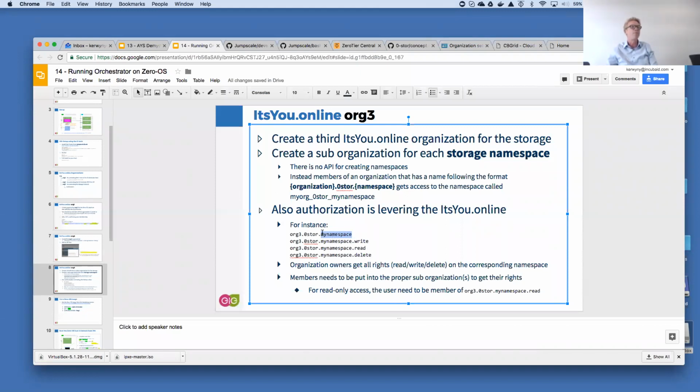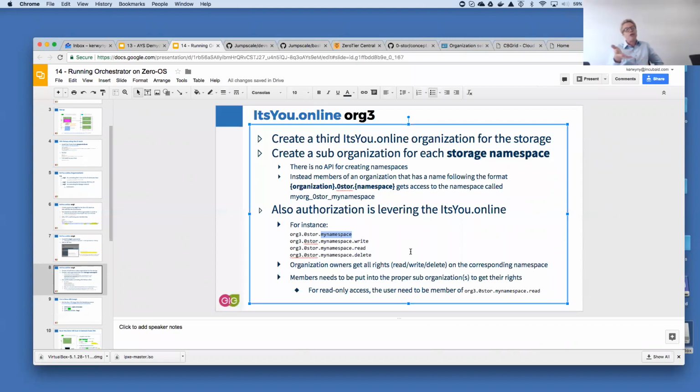And then depending on your membership, when using the RESTful API to, for instance, access object storage, something we never touched upon until now, and by object storage I mean something like S3. If you're going to save something in the object store of 0S, the equivalent of S3 in our system, you always need to specify the namespace of the storage that you want to use. And depending on your membership again, you will get access or not.